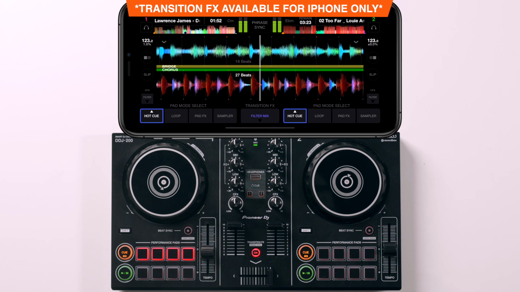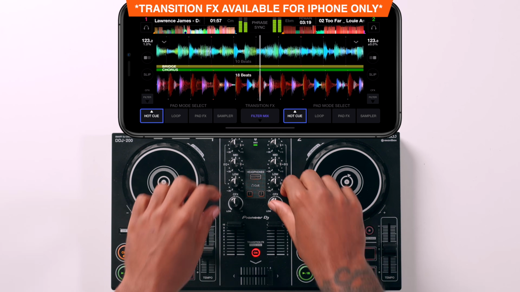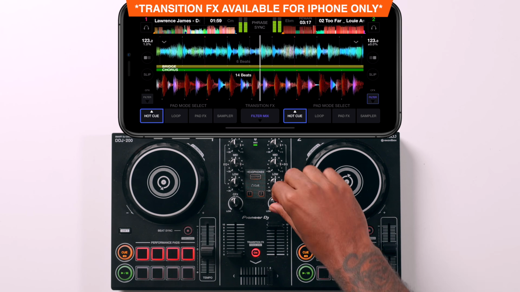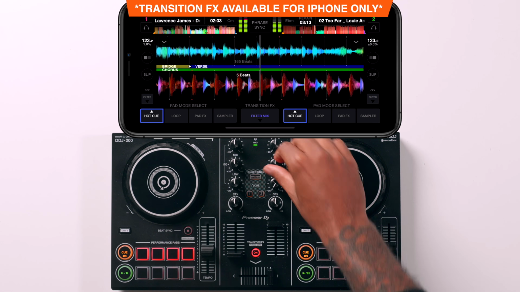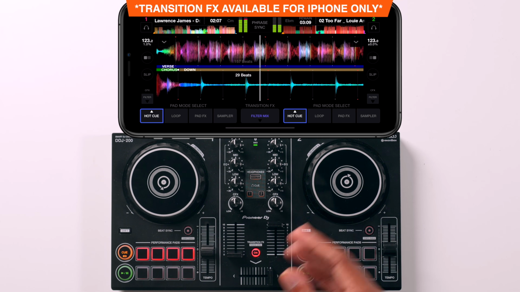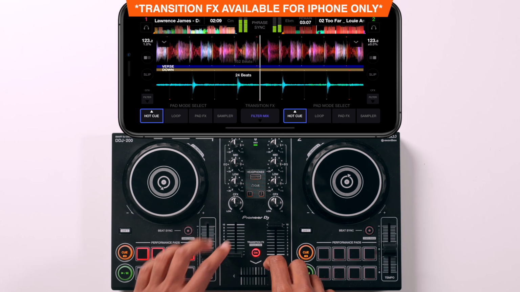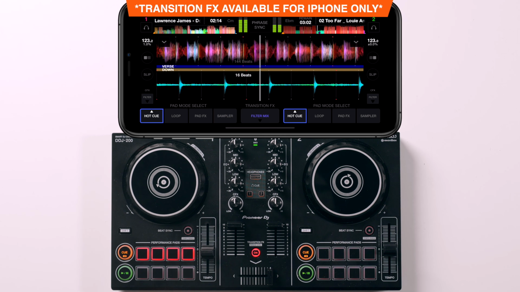So it's a great way for you to start understanding what a good mix sounds like and what these actually do. Like I say, if I'm turning this up or this down, or using all of my EQs up here, it might take you a while to start understanding how they really work and how they affect the music. But just to get started with this transition here,